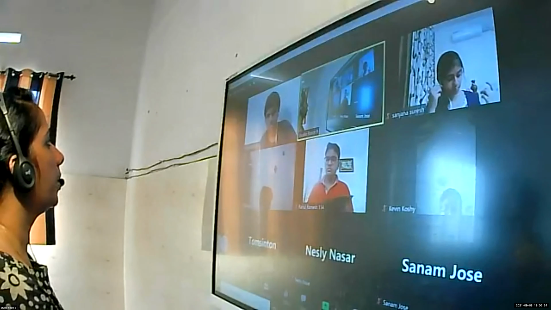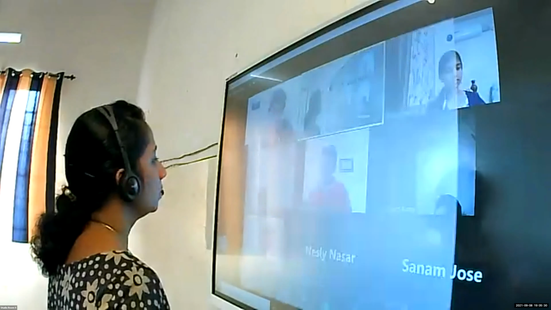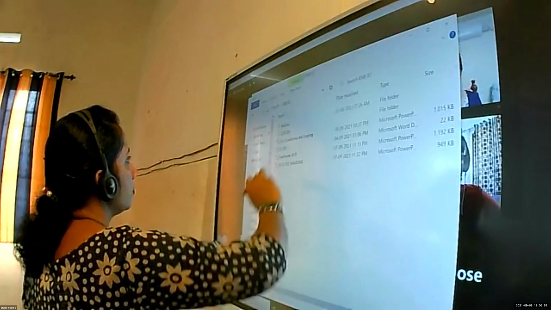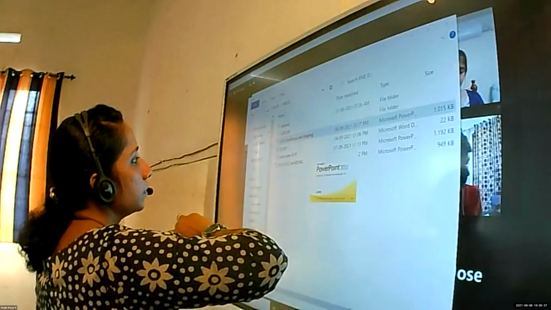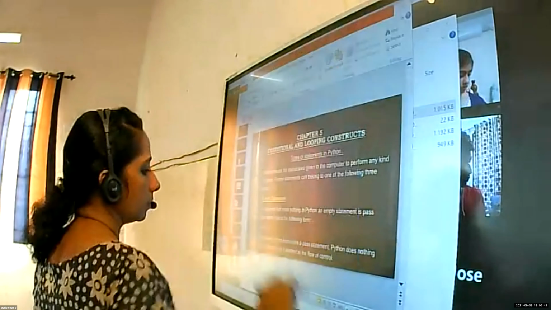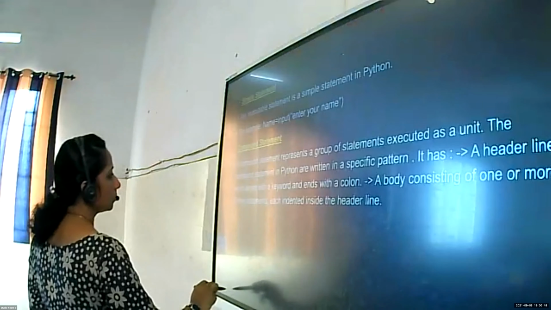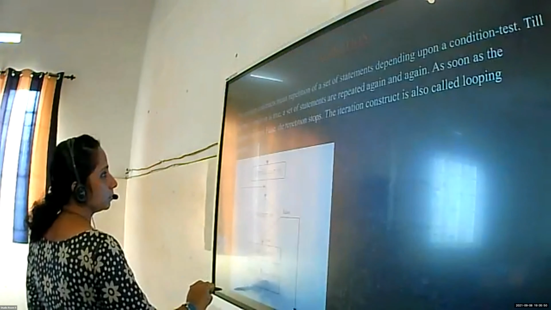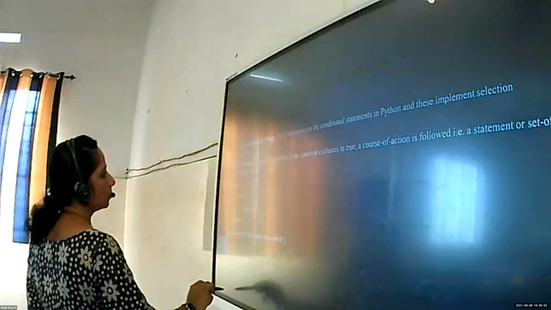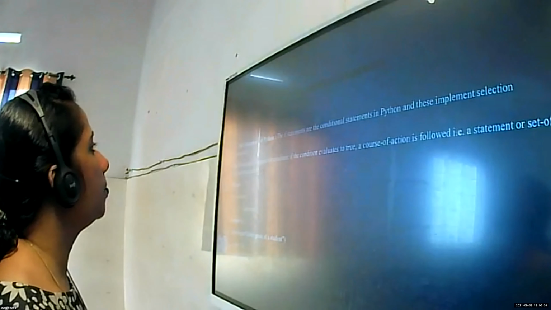Okay, so the last topic we discussed was flow chart. After that we move on to statements. So the first statement, that is first conditional statement, it is